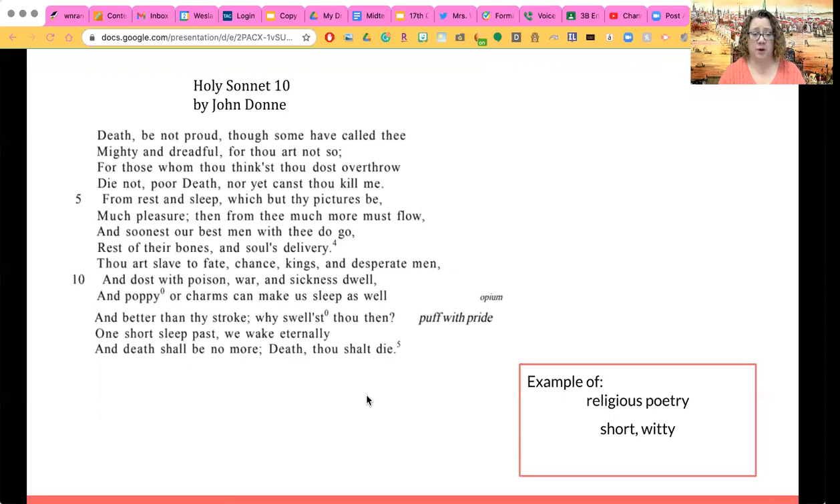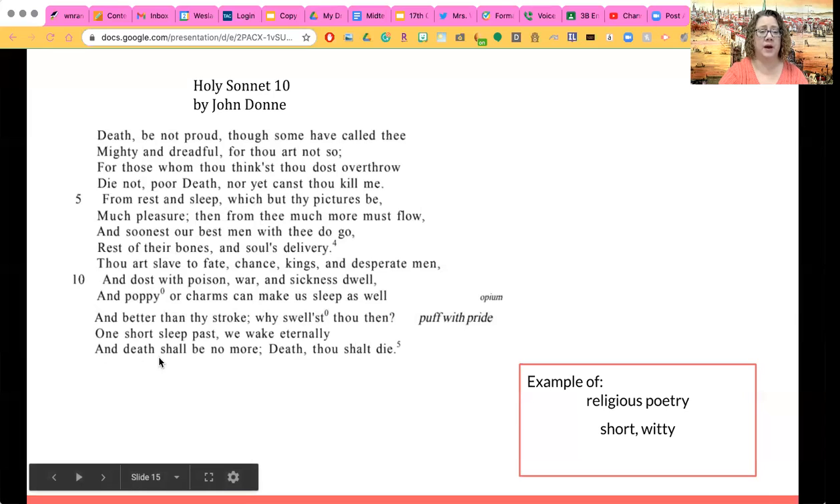So this is a pretty famous poem. Sometimes it's called Death Be Not Proud. In other words, death, don't get so full of yourself because you can still be conquered. And the conquering is through eternal life and through religious belief. So it goes like this: Death, be not proud, though some have called thee mighty and